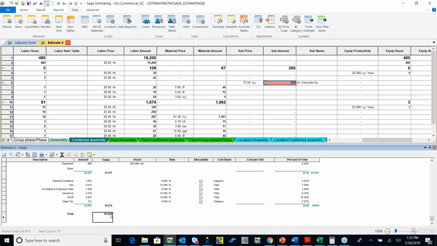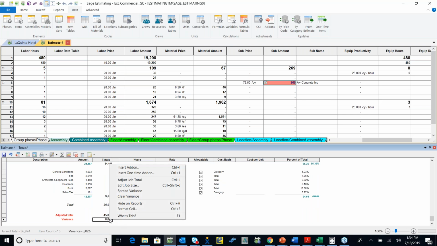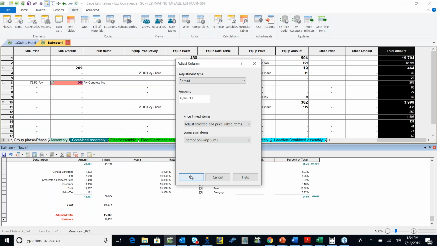Next, a couple more things, and then I'll take a look at questions. But one of the things I like to point out in our totals is, especially for people that are new to estimating software, normally you can think of 6, 7, 8 places where you're going to stick the majority of your margin on your job. Well, one of the things Sage does for you is I can look at my totals here and say, you know what, I know we can get this job for $45,000. Hit enter, scroll down. It gives me a variance, $8,000. Well, I need to spread this out. I'm going to come over here to my totals